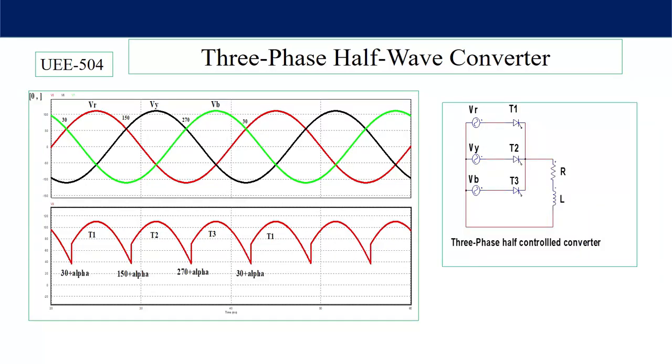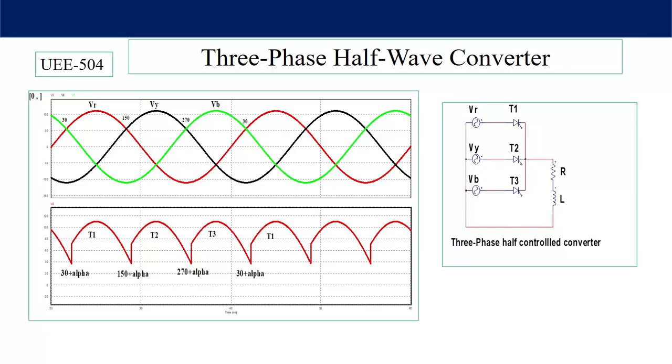Now let's say an RL load is connected across the same system. Three-phase half-controlled converter with RL load. Here at 30 plus alpha, thyristor number 1 is triggered. Though the favorable condition is there for thyristor number 1 between 30 to 150, the firing pulse is given at 30 plus alpha. So from 30 plus alpha, this thyristor T1 will be on, and it will continue to be on